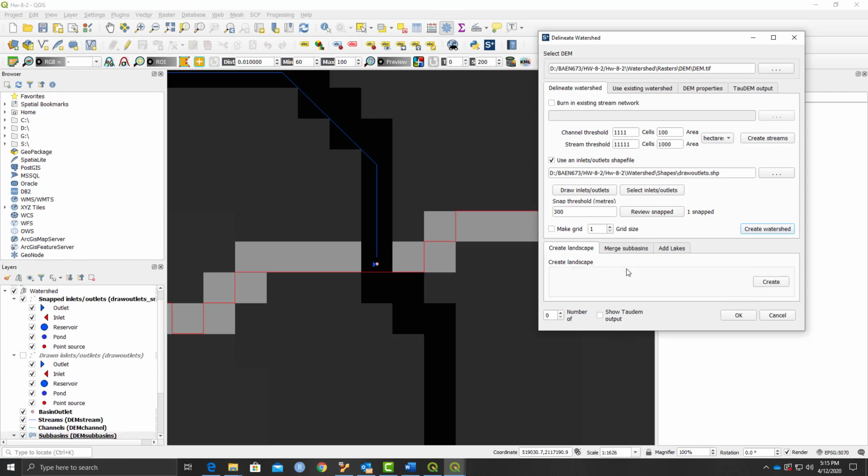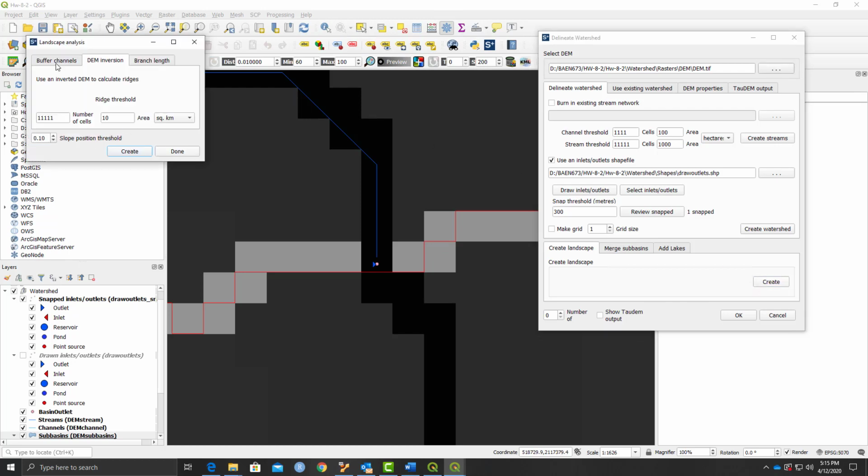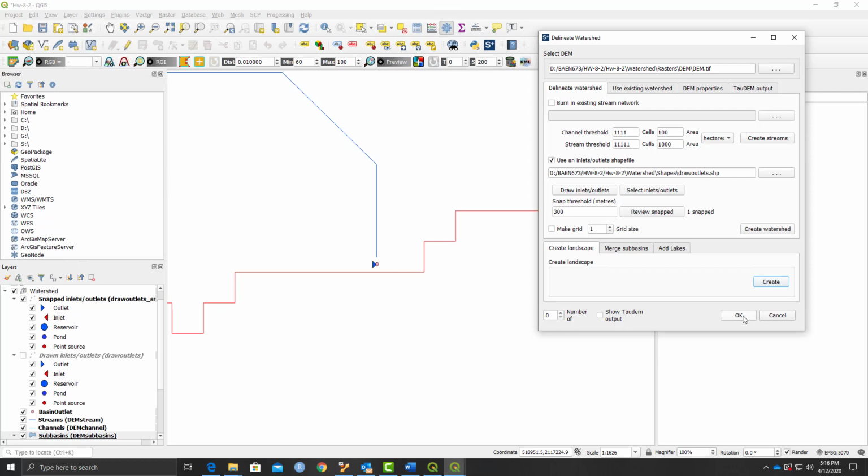Once this is done, we are going to create a landscape. We are first going to click on create and then go to buffer channels. We are going to use a buffer channel as a floodplain with a buffer multiplier of 10, which is entered by default, and click on create. Done. And this brings us to the end of our watershed delineation. We click on OK and let SWAT Plus construct the topology and all the necessary things that are required for moving on for the creation of